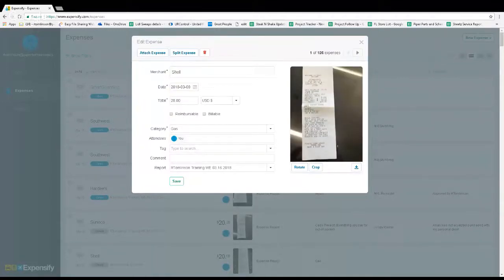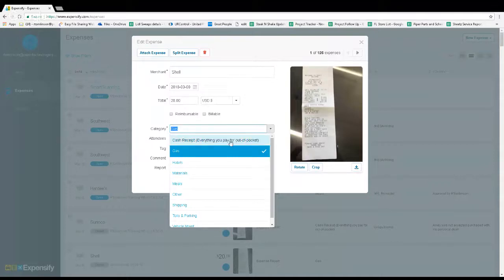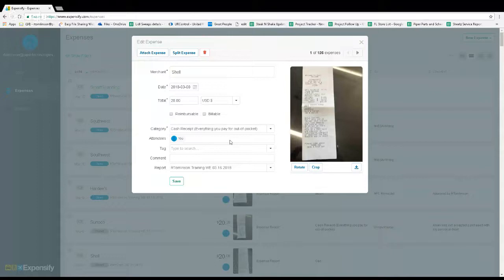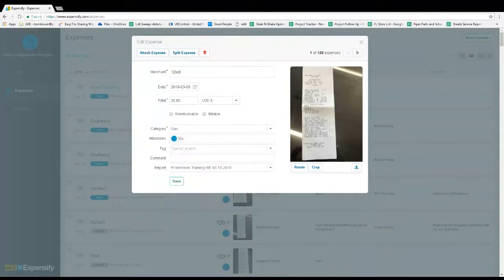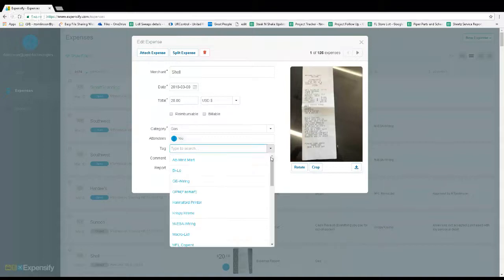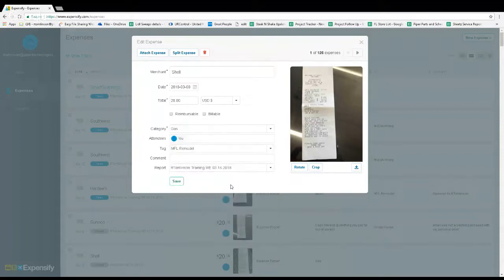Otherwise, if I had purchased it myself and it's a reimbursable amount, perhaps you had some tolls or parking where Amex was not taken, so you had to pay either with your debit card, Master or Visa card, or perhaps actual cash out of your pocket, you would go ahead and click on cash receipt. I used my Amex, so I'm going to just click on gas, and I'm going to add my tag for the project, Food Lion Remodel,